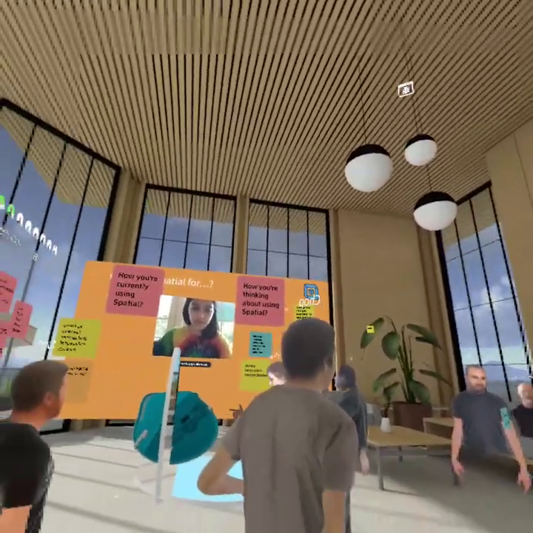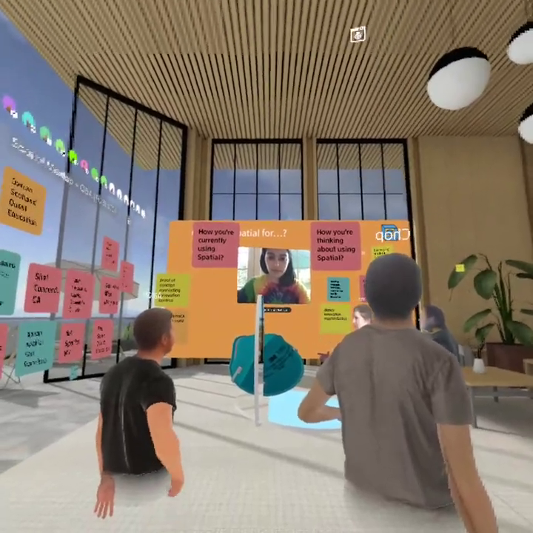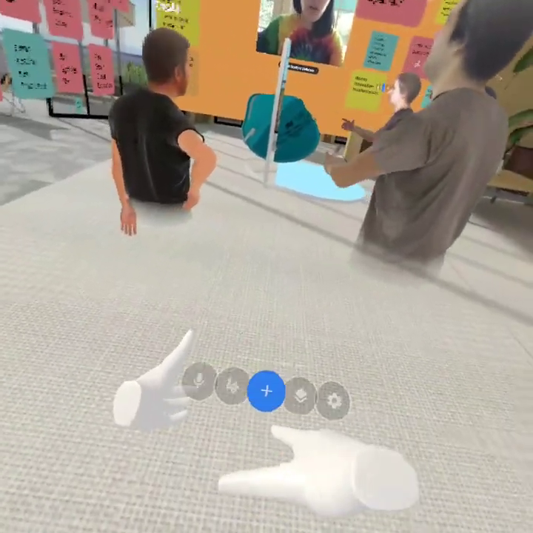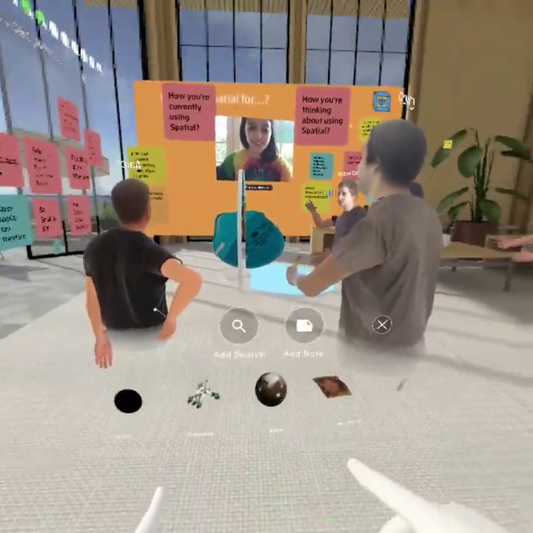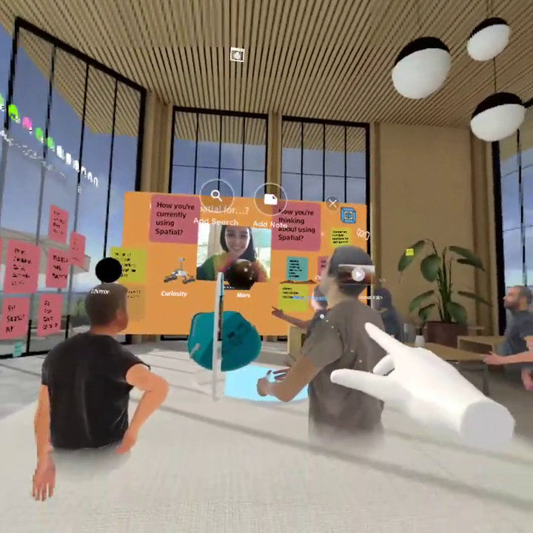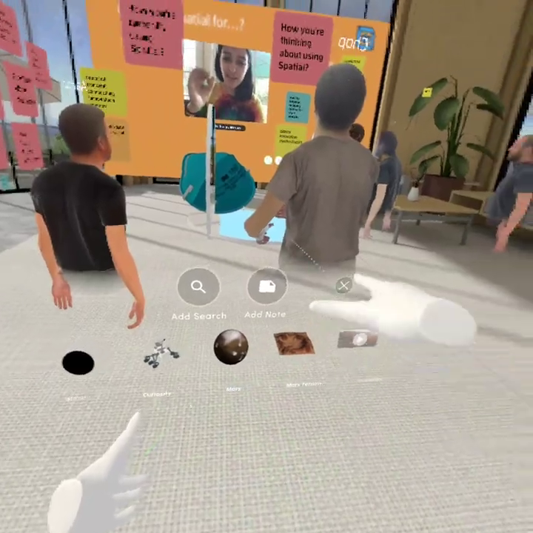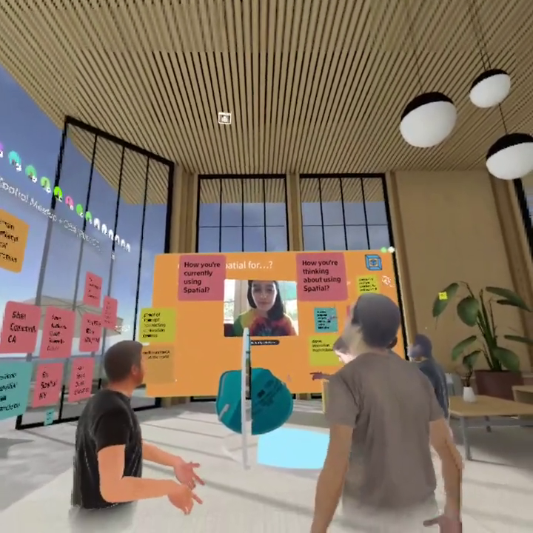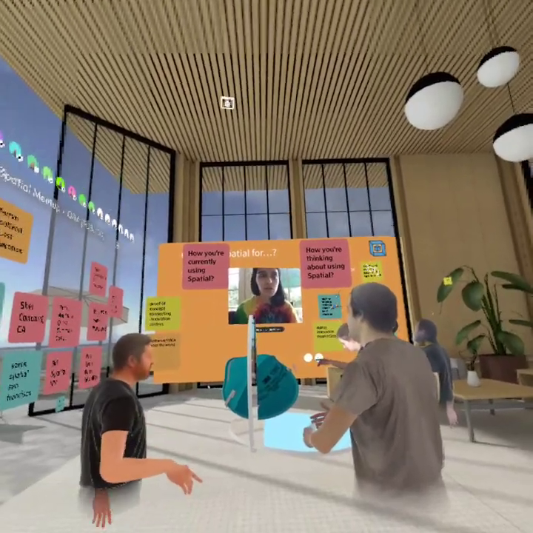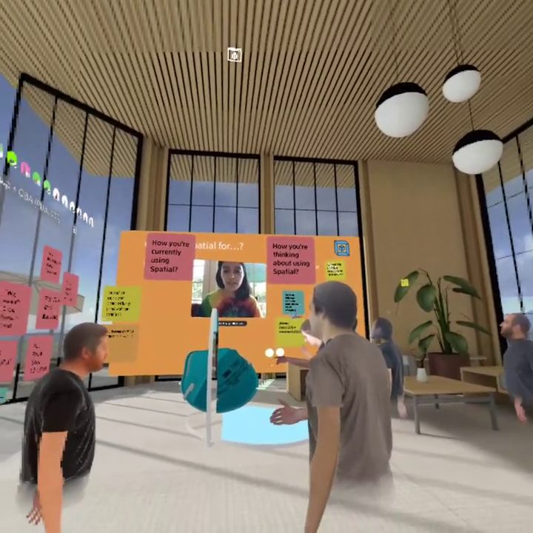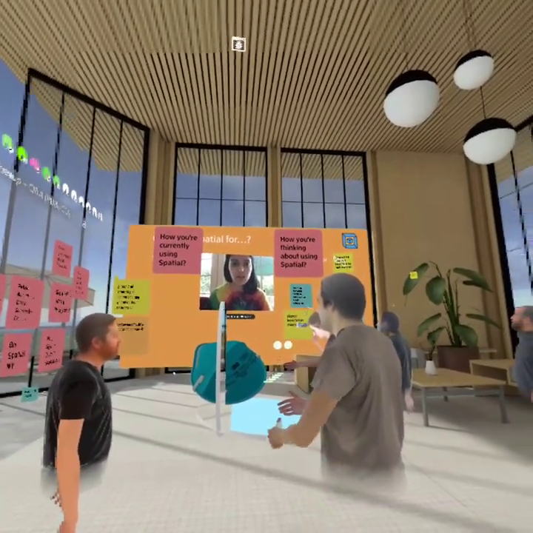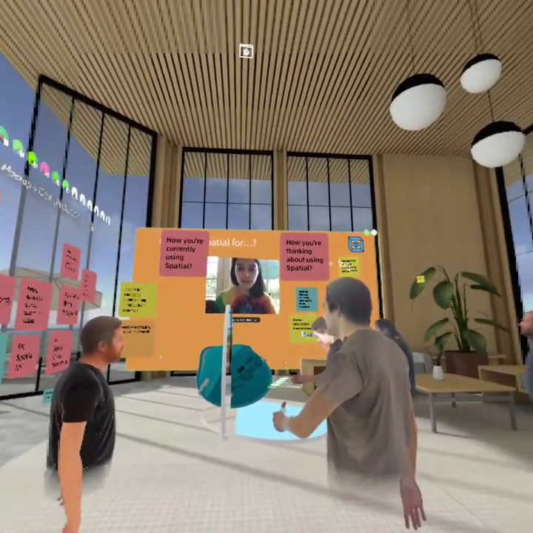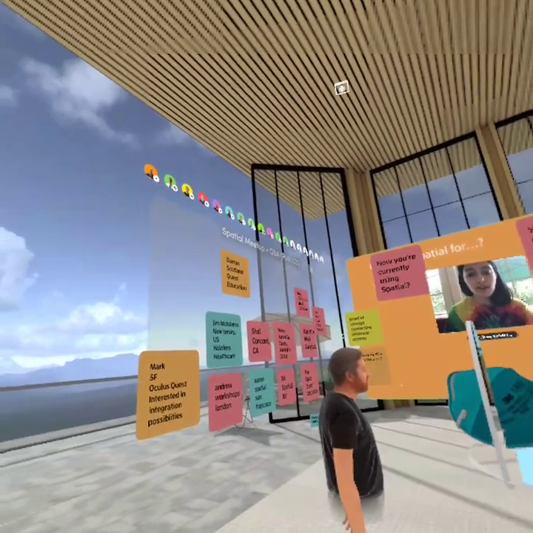How did you make the vote notes? Someone did ones with circles on them. Those are images uploaded. The little dots, right? Yeah. So you can upload a lot of types of images, like JPEGs, PNGs, MP4s, different types of files.